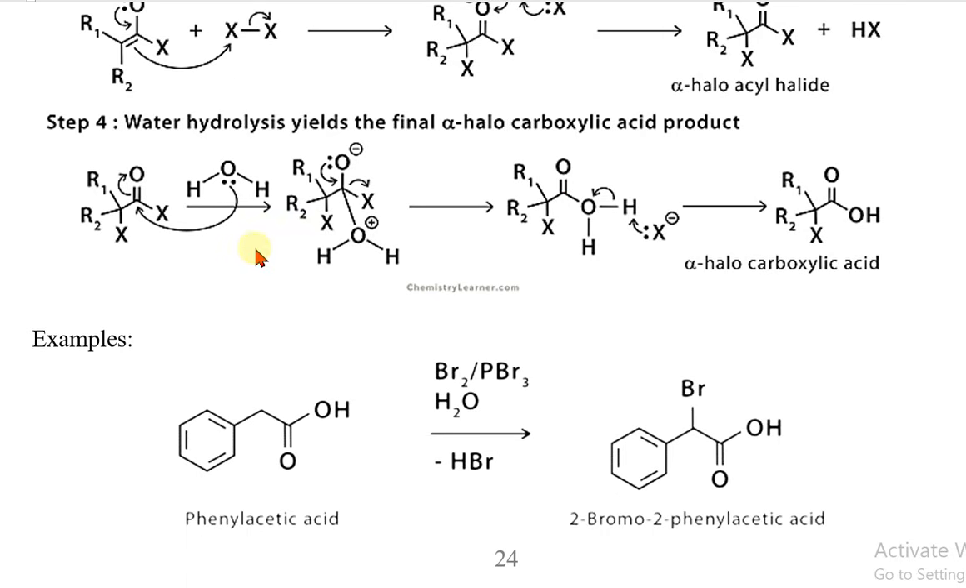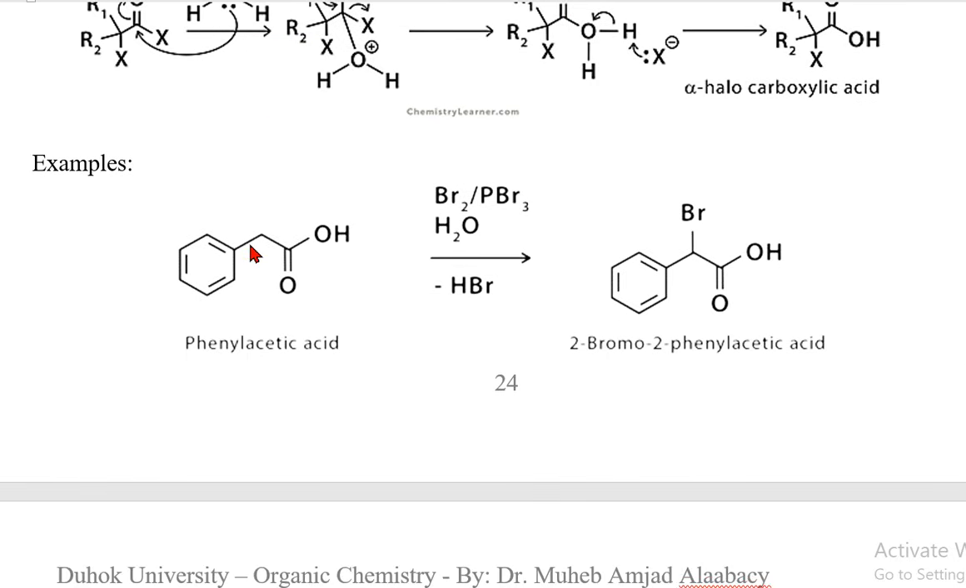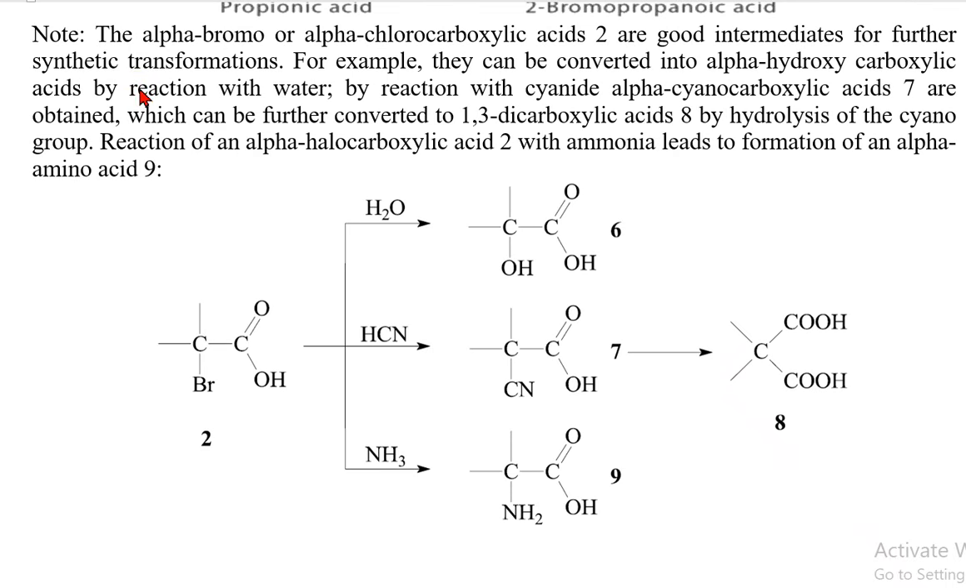So it is an important mechanism actually. Also, for example, here, look at the phenylacetic acid. It will undergo alpha halogenation. Look: Br2, PBr3, H2O, minus HBr, to give the alpha, the 2-bromo, alpha-bromo-2-phenylacetic acid. So as a note, the alpha-bromo compound, or alpha